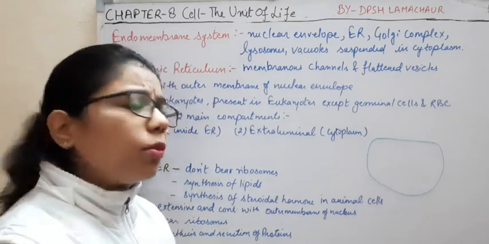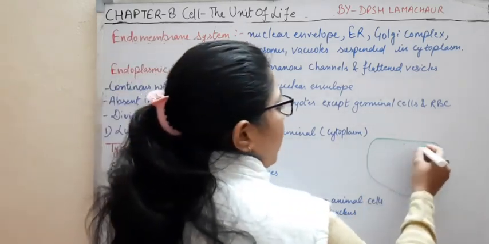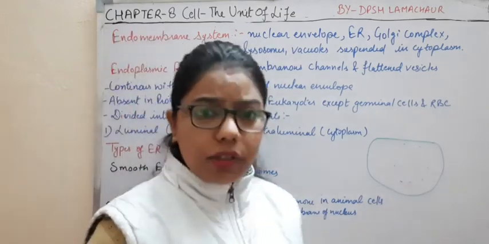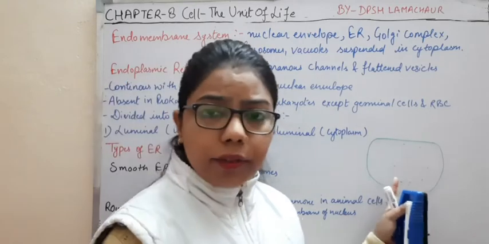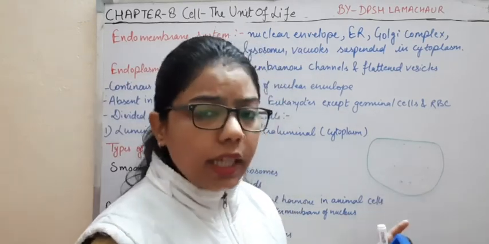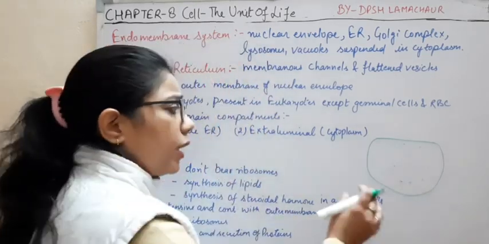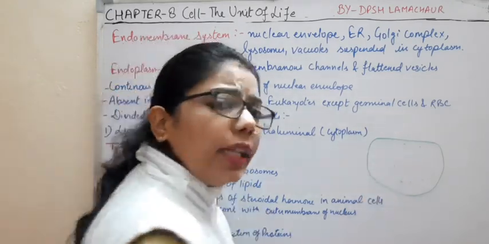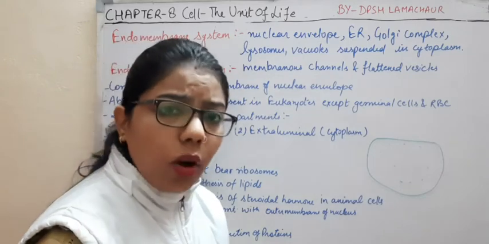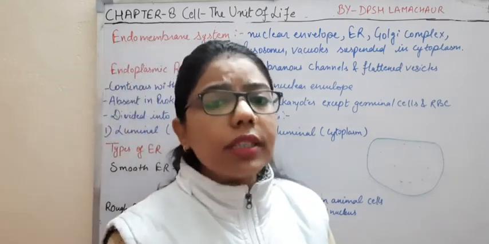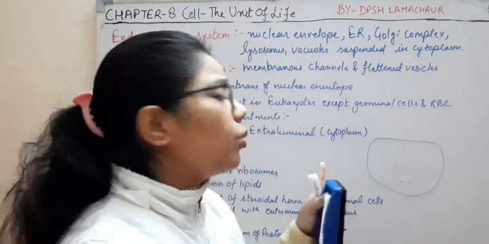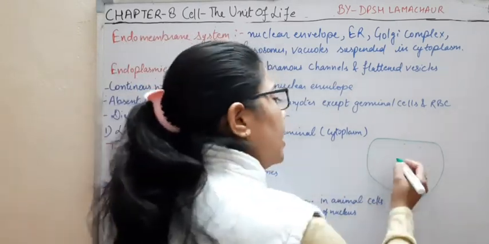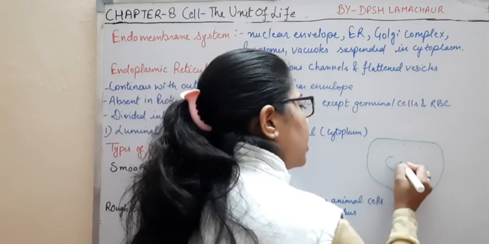If you move towards the inside of the cell, what you will find here is the cytoplasm. It is a jelly-like fluid, or the matrix of the cell, in which all the organelles are placed. In the cytoplasm, different organelles as well as the nucleus are present, because we are talking about eukaryotic cells, and the key feature of the eukaryotic cell is that it has a proper nucleus.